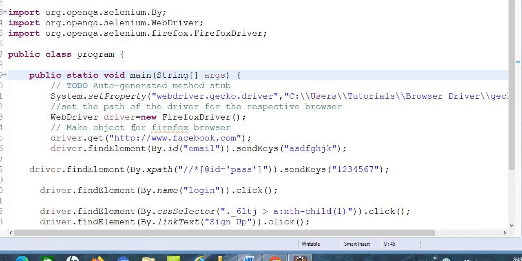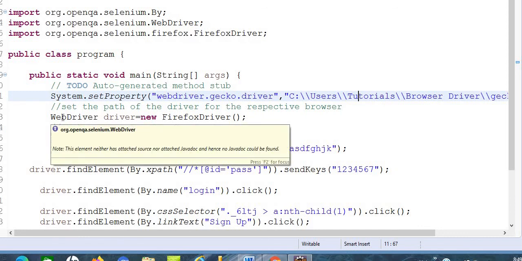After the main method I will give the path of the driver. After writing System.setProperty, I will give the path of the web driver, to set the path of the driver for the respective browser. Keep in mind, give the double slash, because if you put a single slash, the program will show you an error, so please don't do that.